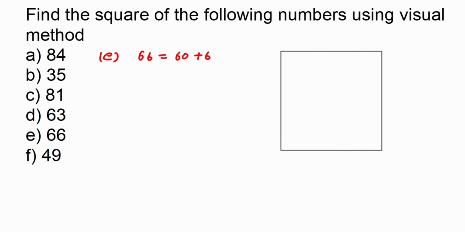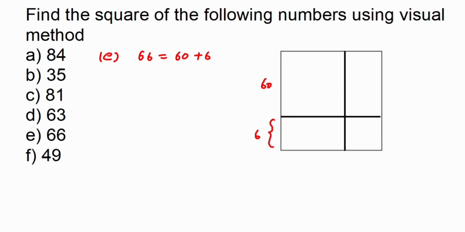Okay, fine. So I'm going to just redraw this again. So let me take this as a 6. Here we go. So let this be a 6, and from here to here let this be a 60. Okay, so it's okay if you keep it less also. We are just assuming and solving it. So in this part we get 60, and the rest of the part will be 6. So the whole side will be 60 plus 6, which is 66.